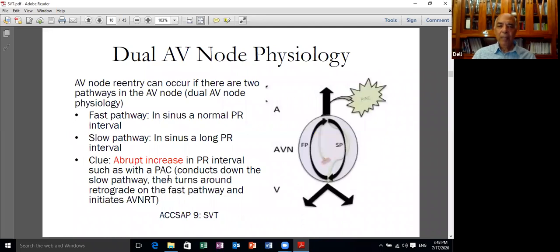Now we go to the commonest type of AV nodal reentry tachycardia, and as I told you, the region of the AV node is not the spot which we call the AV node. In this region of the AV node, some people, at least a good percentage, 40 to 50% of normal individuals, have a fast conducting pathway with a long refractory period and a slow conducting pathway with a short refractory period.